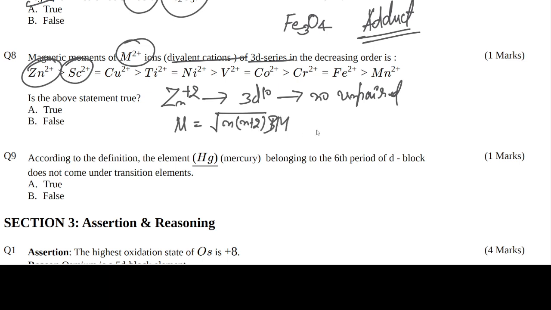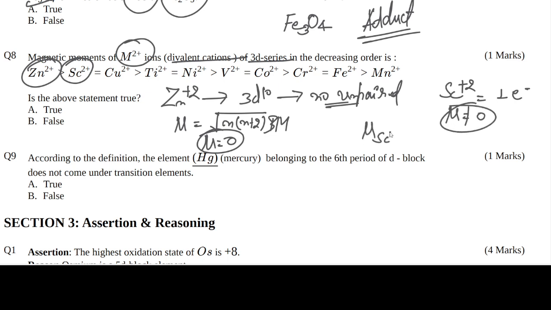Because it does not have any unpaired electrons, mu will be 0. But in case of scandium plus 2, there is 1 unpaired electron, so mu is not equal to 0. It means the magnetic moment of scandium plus 2 is higher than that of zinc plus 2. So the given statement